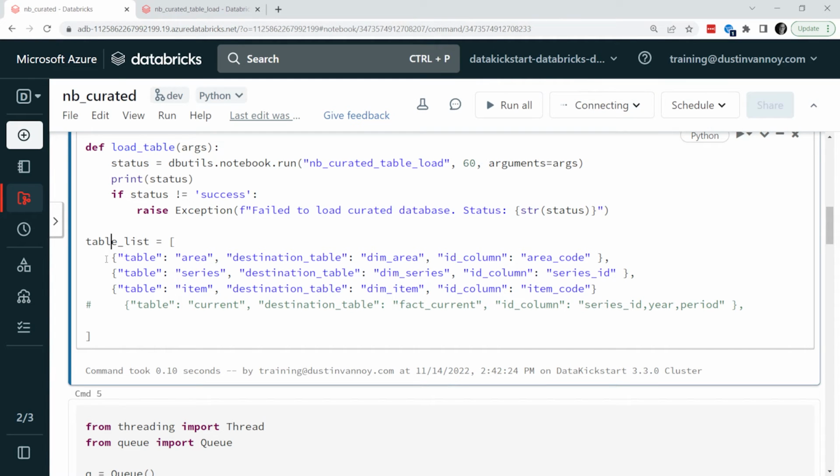Curated is like your gold zone if you're thinking of the Databricks medallion architecture. So these are the tables that we're really expecting to build reports off of. Maybe even public facing numbers are going to come out of these curated data sets. And so we typically model them more like a star schema, same type of